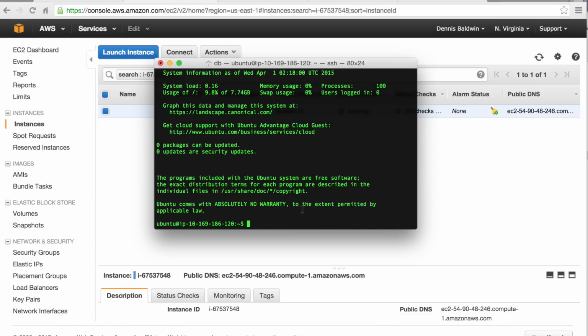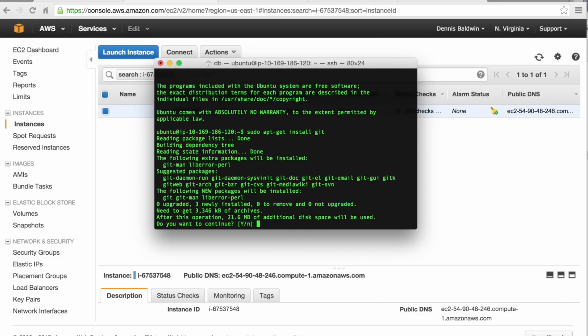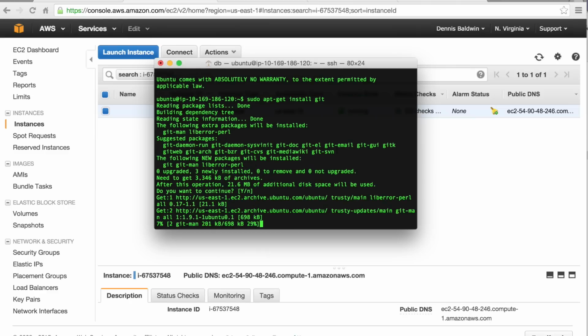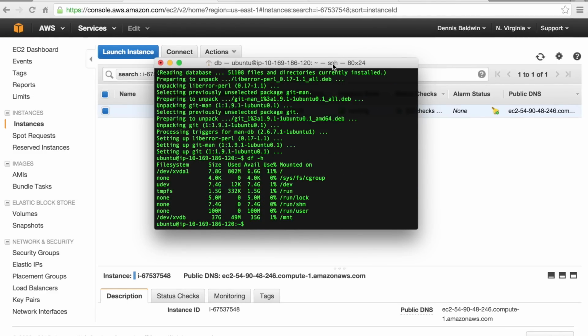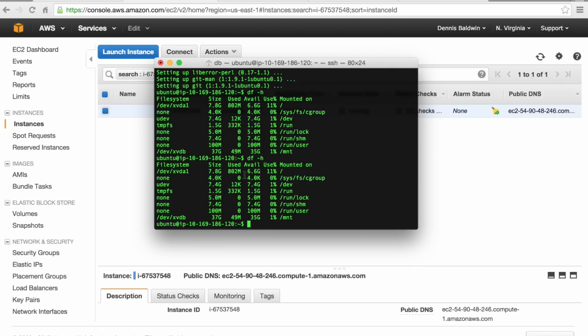Before we can actually do anything, we need to install the Git command line tools. That will allow us to clone the OpenDroneMap repo as well as get some of the OpenDroneMap sample imagery. So I'm going to use a sudo, and I'm going to use apt-get install the Git command line tools. We'll select yes, and then we'll allow those to install. I want to share a quick tip if you're doing this on an EC2 instance. I'm going to look at our disk space. With the root volume, you can see there's only 6.6 gigabytes available,